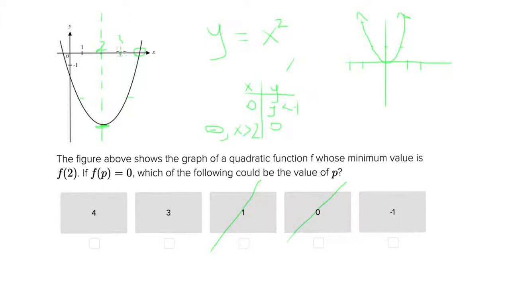So because the 3 corresponds to the 1, because of the symmetry of this function, 3 can't be an option. And then we can take that further. If we said that this was 4, for example, then we would have to go to the 0 value here, and we know that when p equals 0, y is not equal to 0, so we can cross this value here too. The only remaining possible answer